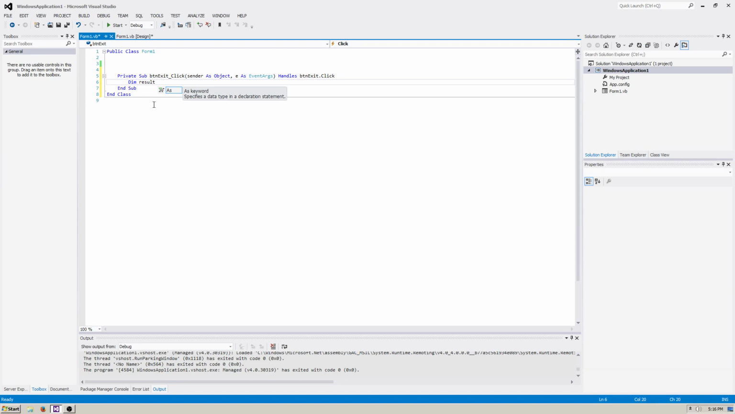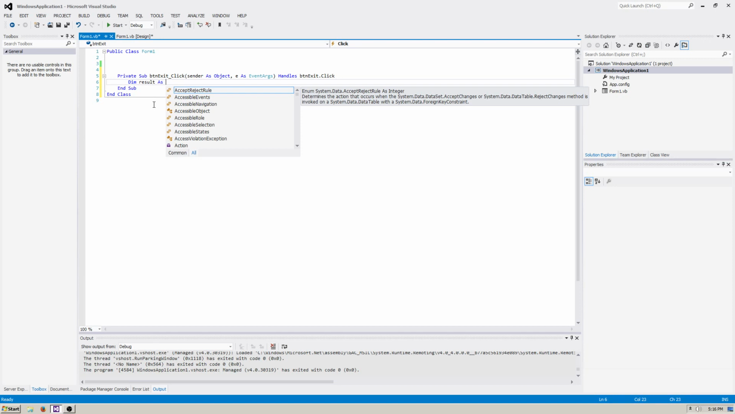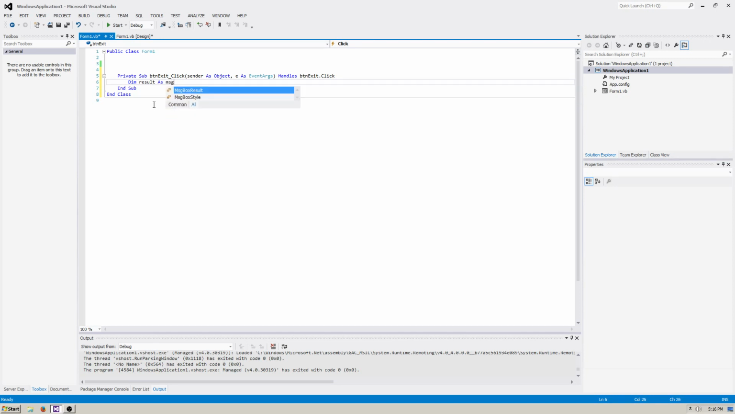So right now, all we have done is we're declaring space for this variable named result as, which is saying what this variable is, what its type is. So we're going to put messagebox result. So right now, we're declaring space for a variable named result, and that variable is dependent upon a messagebox result. So we're going to put equals